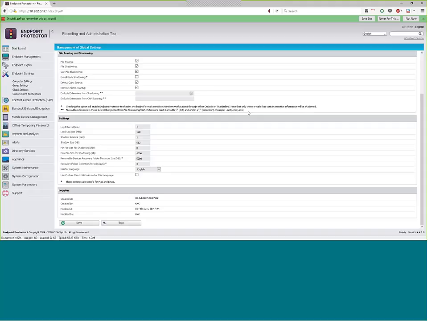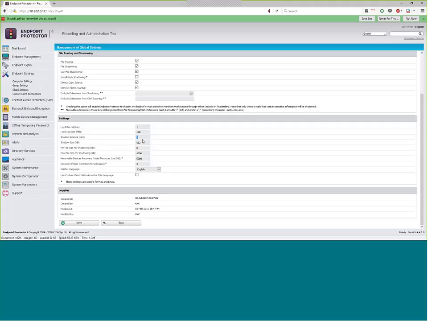And then the administrators or the department heads can come into the system, review the logs, and they can actually get an entire copy of the document that was maybe attached or sent online. And they can then open that document and review it to determine if it was a legitimate transfer or not. Maybe they need to speak to the person that tried to send it. Maybe they simply didn't know that they weren't supposed to send it there, or they were actually trying to get some sensitive information out of the organization when they're not supposed to. So a lot of these settings have a big impact when you first implement the solution,